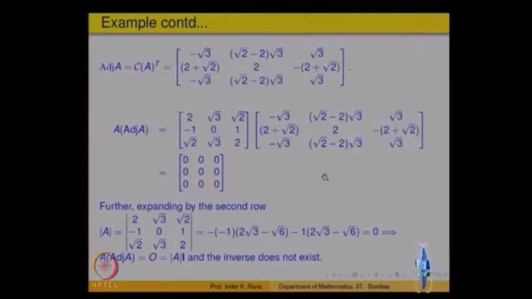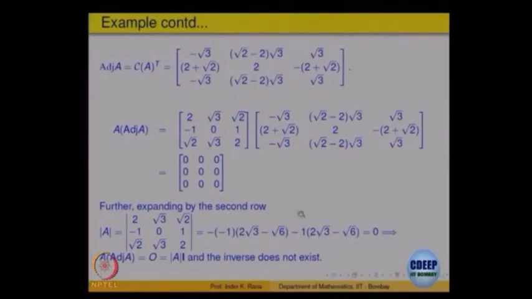This is a very tedious way of checking that a matrix is not invertible. We have a simpler method: reduce it to row echelon form and check whether it is invertible or not. That also gives you the inverse quite easily, by tracking the row operations you are doing. This is a complicated way of finding the inverse. Anyway, this example illustrates that for a non-invertible matrix this product comes out equal to 0, because you can check that the determinant is equal to 0.